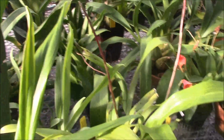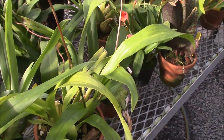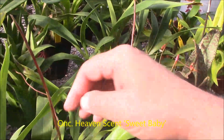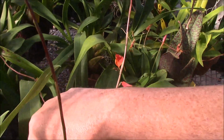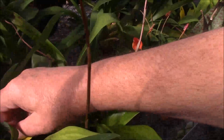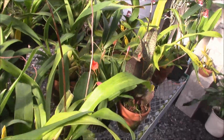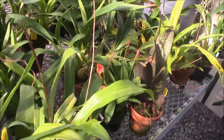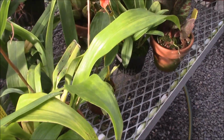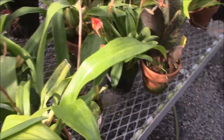And here is my Oncidium Heaven Sent, and this is variety, oh my, I'm losing my thought process. This is Heaven Sent variety Sweet, oh my, Sweet Baby. Okay, I'm sorry about that, but it's got 2 nice spikes on one bulb. You can see how light the coloring is on this. It's getting a little bit too much light, but as compared with